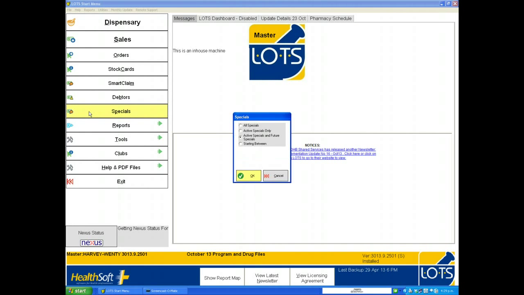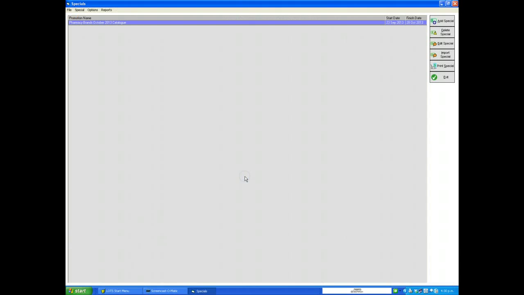enter your code, and at this point you get to choose whether you want to consider all the specials that you've ever run or just ones for now and in the future, which is generally what you'll do. So we'll leave it as that and press OK. So you can run a number of specials at any one time. There's one that looks like it's running currently at the moment,